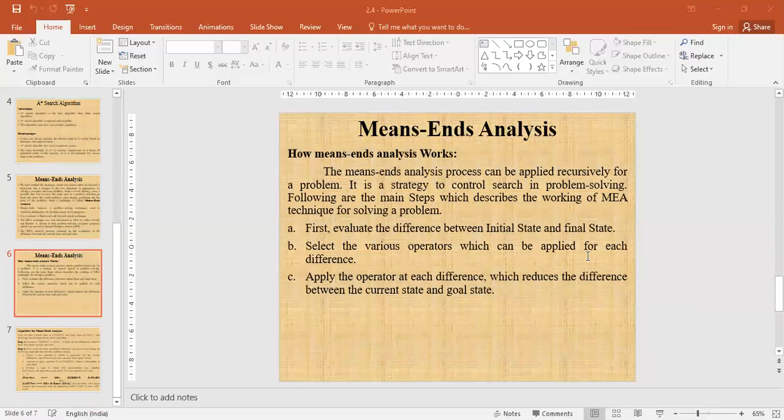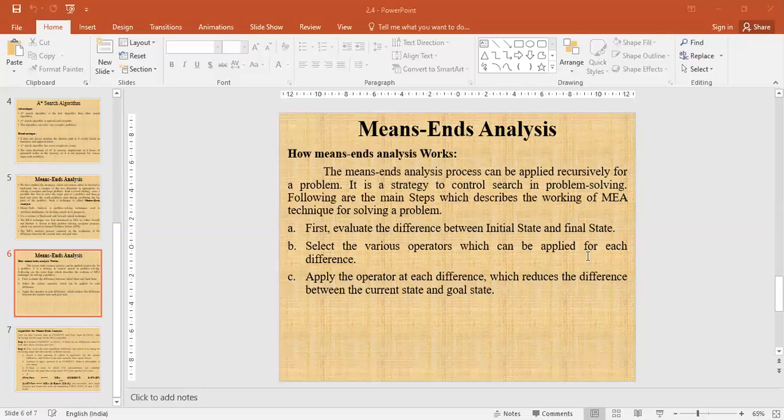So how does means-ends analysis work? The means-ends analysis process can be applied recursively for a problem. It is a strategy to control search in problem solving. Following are the main steps which describe the working of the MEA technique for solving a problem.